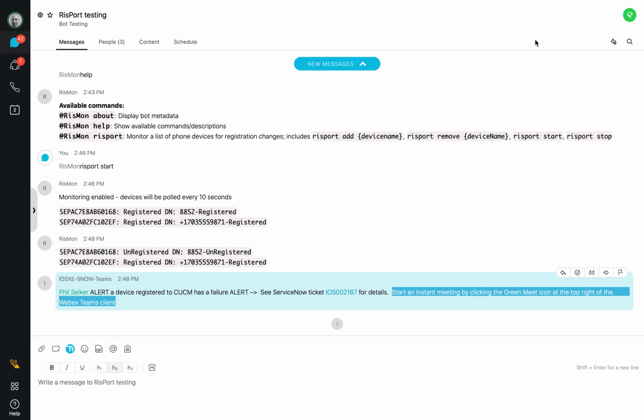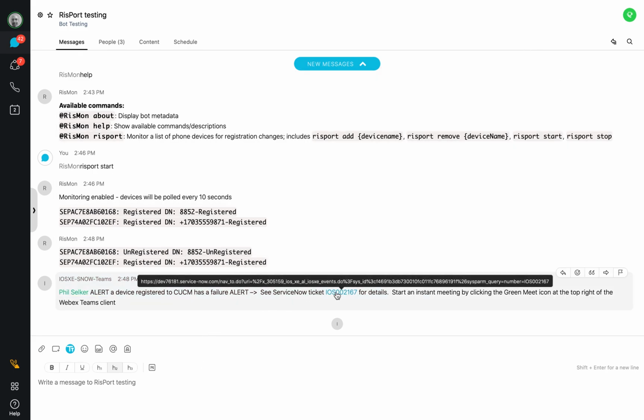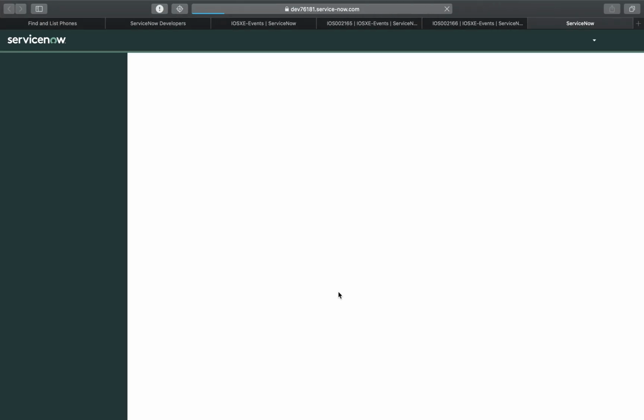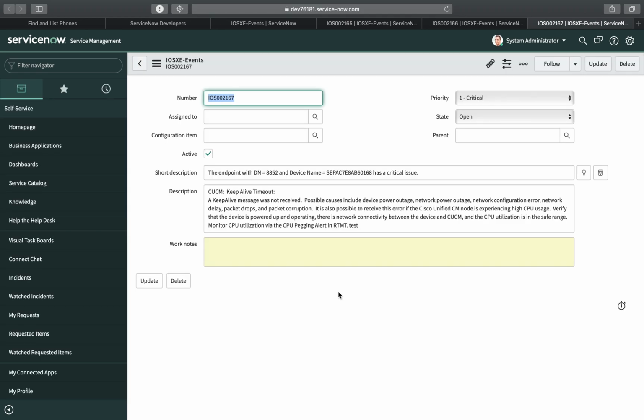Instant outbound to everybody. Okay, so if I hit my ServiceNow ticket, it's going to tell me, first of all, the priority, right? The priority here is important because it's critical. It's the number one priority because the device lost power. It's not working. Okay, so my short description here